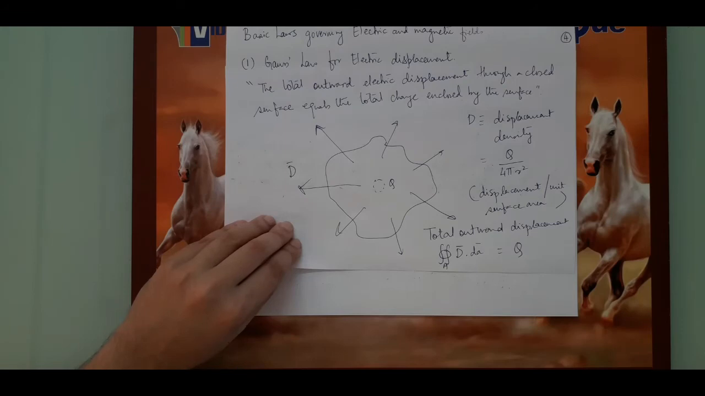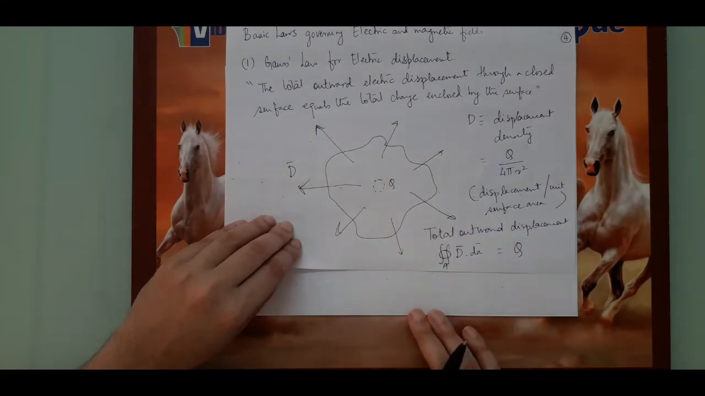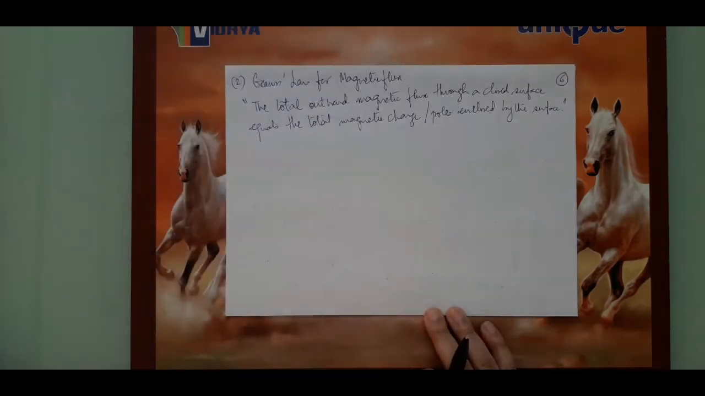But magnetic charge always comes in pairs. You cannot have monopoles. Magnetic charges always exist as dipoles. So therefore, the net charge inside any closed surface will always be zero, because you have equal number of north poles and equal number of south poles. So in such a scenario,